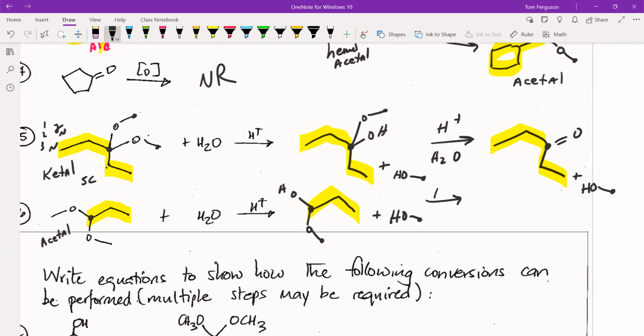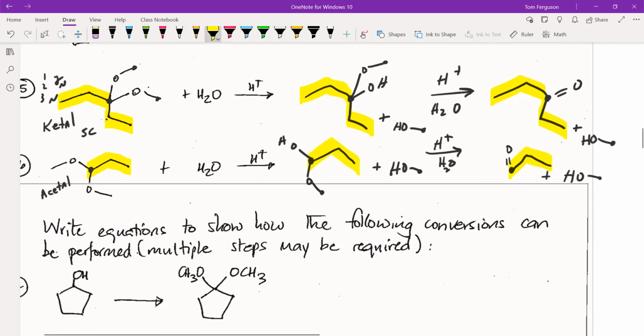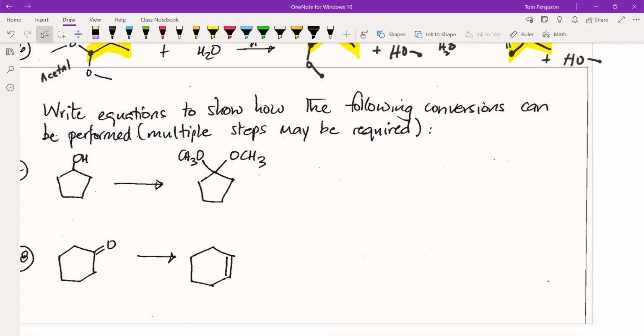Continuing on, going to generate the aldehyde from which it came. Okay, now